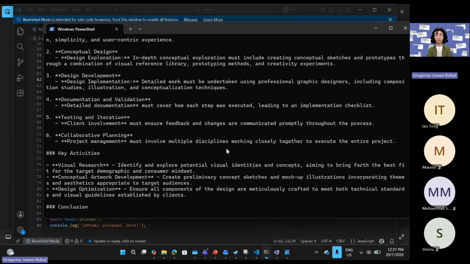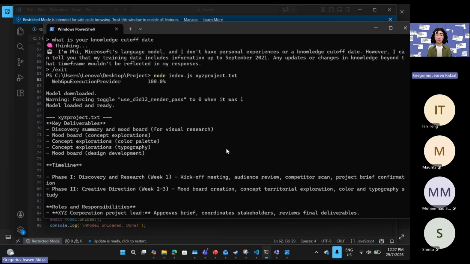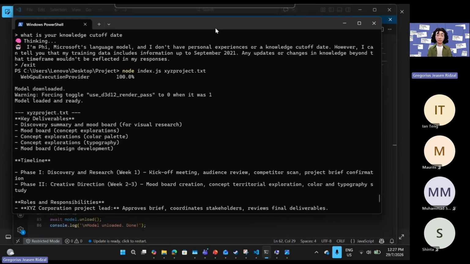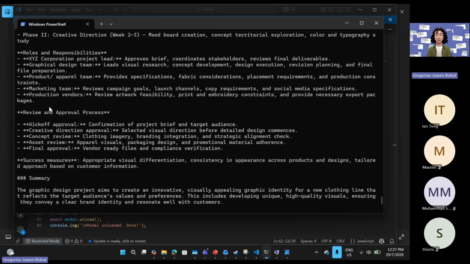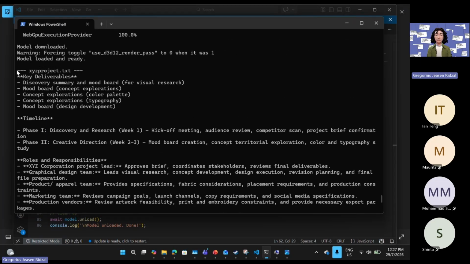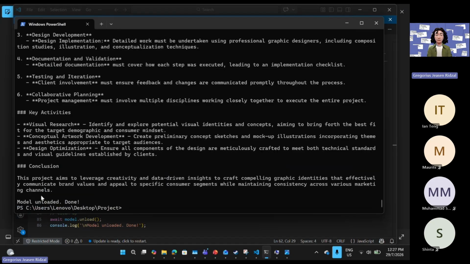So let's see what comes out of this, right? Over here, it gives me this summary of the XYZ project. I did tell it to limit it to 1,000 characters and below, though I'm still not sure how to hard code that. But this looks way more than 1,000 characters, so let me just copy this all the way. And you see that the model is unloaded every time it's finished, right?